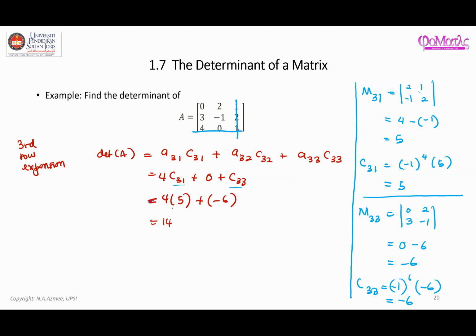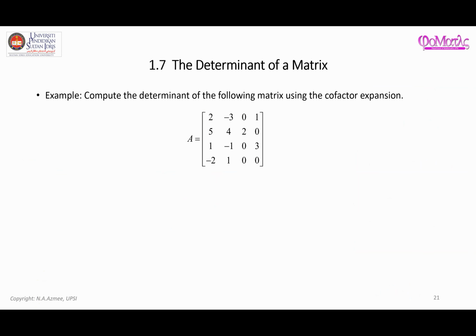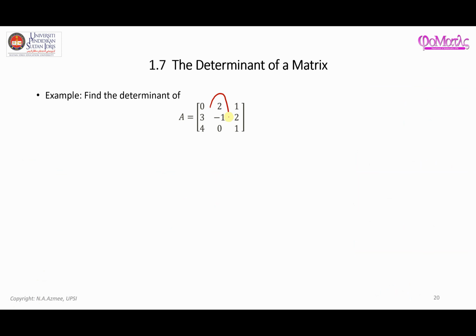Okay, let's try again. Maybe we can consider column expansion. So how do we find the determinant of this matrix if we consider, I don't know, the first column expansion or the second column expansion? Anyone is okay, really. So why don't we try the second column expansion? Okay, therefore, if you consider the second column expansion,